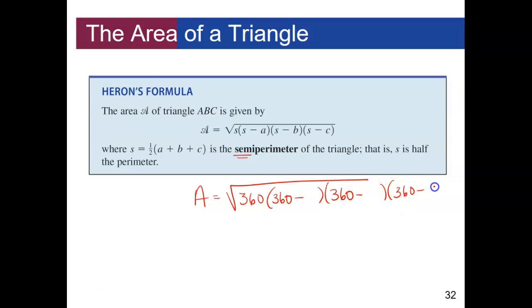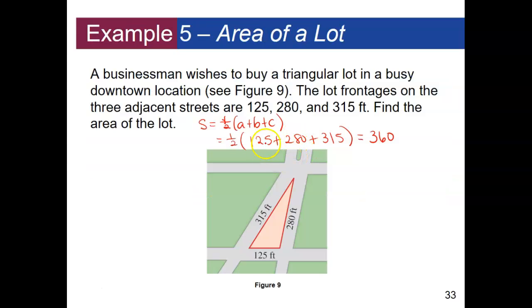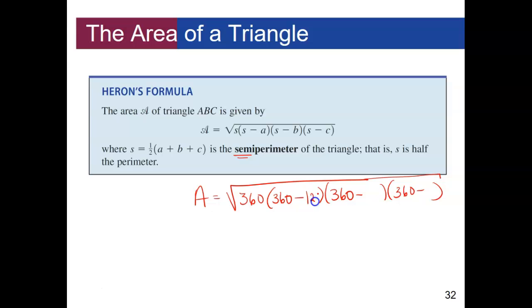So 360 actually goes in quite a few times here. And then we're going to go back and we're going to put in our sides. So our sides were 125, 280, and 315. Okay, so then we'll have our answer once we put all this in the calculator. So we get